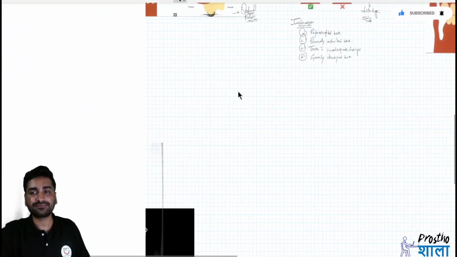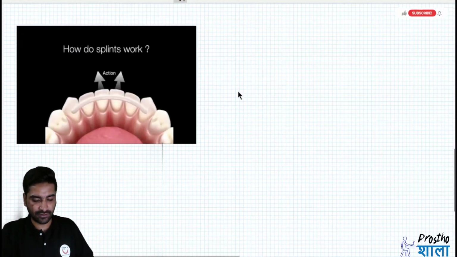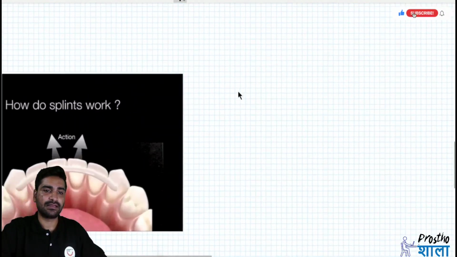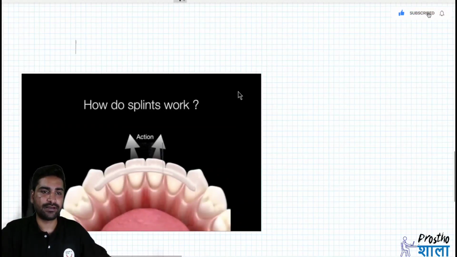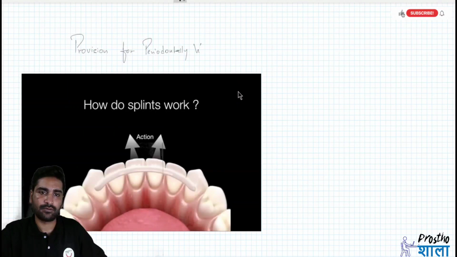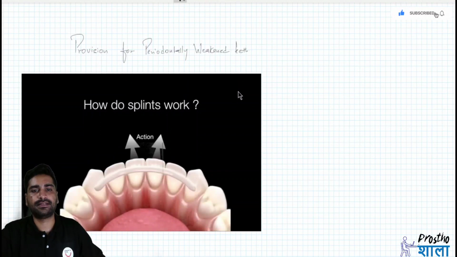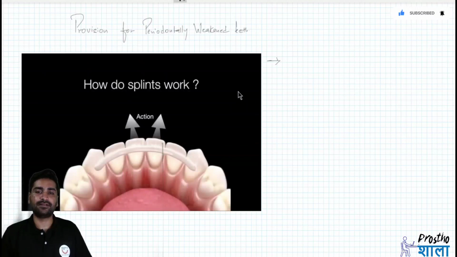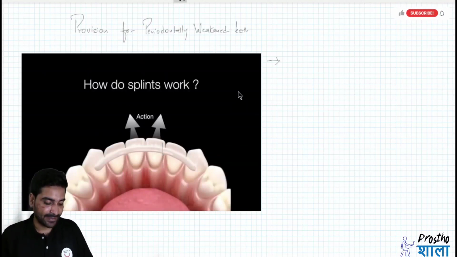Now one last thing left for this chapter is that you can also use splinting of the teeth. Why is it done? To provide a provision for periodontally weakened teeth, right? So when we come across periodontally weakened teeth, you want to save the teeth, you want to fabricate a good RPD, you don't want to deliberately extract the teeth. In that case, what we can do is go with splinting of the